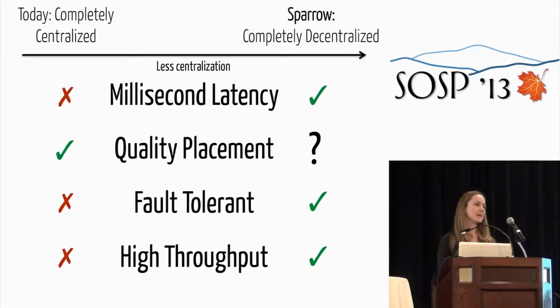The big question is, can Sparrow continue to provide quality placement? Can we avoid multiple schedulers operating in parallel, making conflicting decisions? Can we still enforce job and task constraints? And can we still enforce policies across many users running in the cluster? In this project, we answer this question with a yes. Sparrow can provide near optimal response time, can support constraints, and can also enforce the most common types of policies across many users. It does this all without any global visibility.